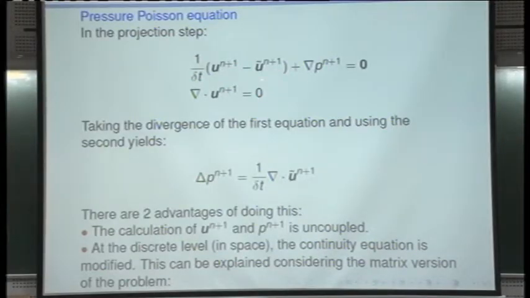And that's what I was saying before. That problem, the so-called projection step, requires the solution of the velocity and the pressure in a coupled manner. However, it's very easy to uncouple those two equations just by taking the divergence of the first. If you take the divergence of the first and you know that the divergence of u^{n+1} should be 0, you end up with this Poisson equation for the pressure, okay? And that has two advantages. First, that uncouples the calculation of the velocity and the pressure,